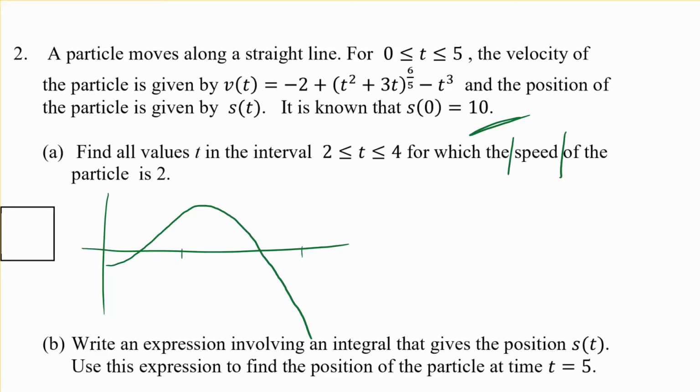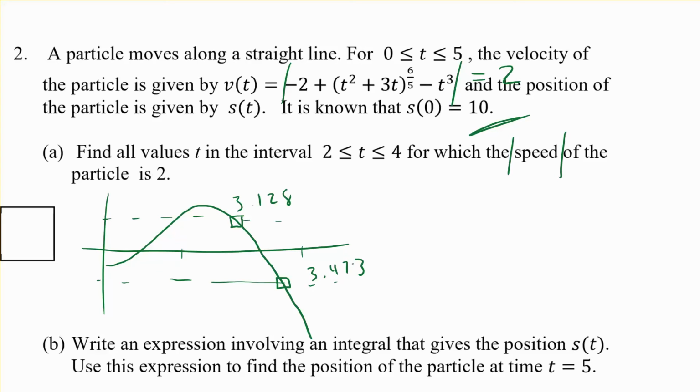So what we need to remember about speed is that speed is equal to the absolute value of velocity. So I need to know when this function is equal to 2. It can actually be equal to 2 or negative 2 if that's the case. And I believe it happens to be equal to 2 here, and I think that is 3.128. But then it's also equal to negative 2 right here,